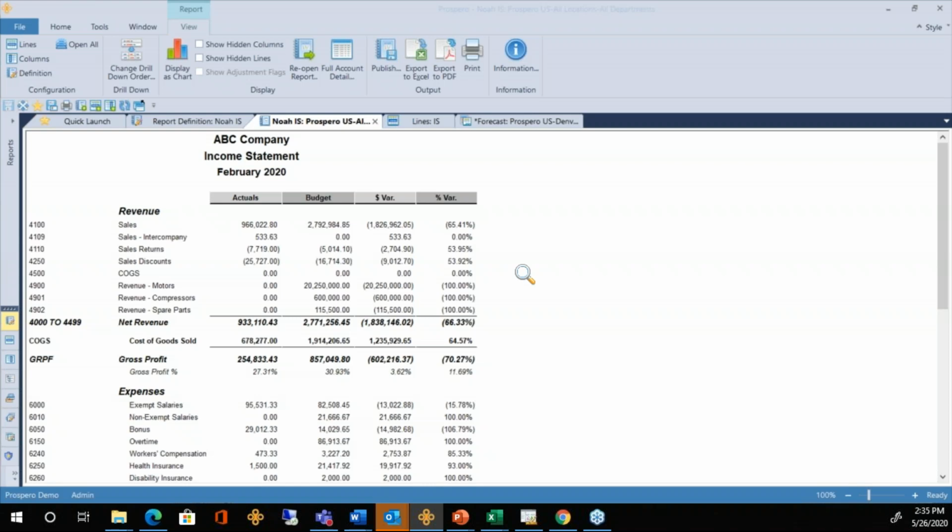So I only have 6 columns here. My account numbers on the left-hand side, description, actual balances on this report, budget balances, dollar variance, and a percent variance column. You can have as many columns of data as you need on these reports. If you needed 12 columns of actuals right beside 12 columns of budget, and then 12 variance columns, you can have all those listed on the report. You just have scroll bars go left to right to view that data on the screen here.